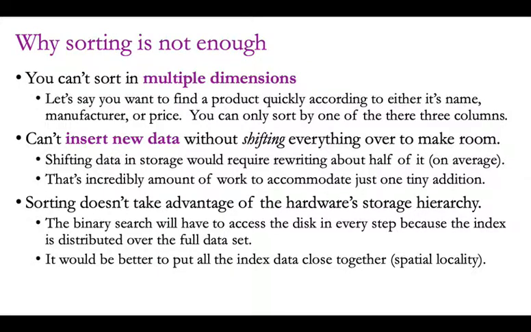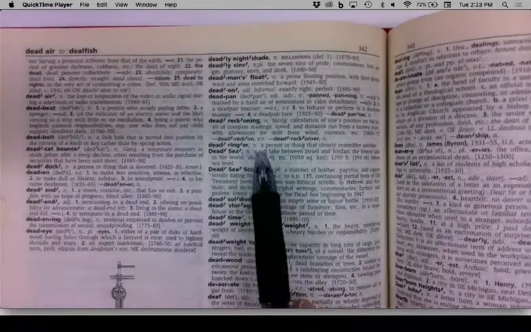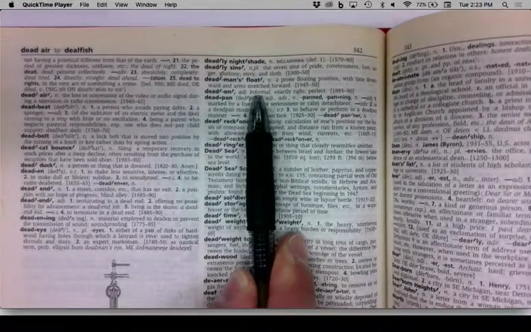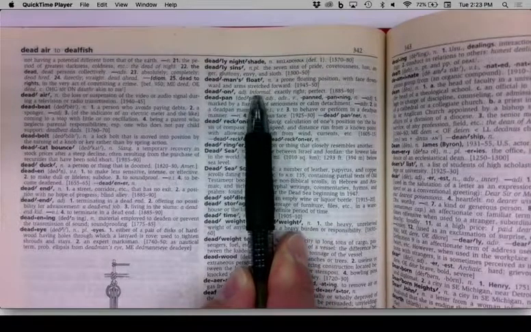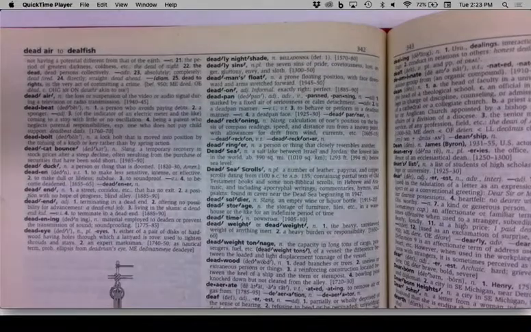So the first one is that you can't really sort in multiple dimensions. Like this dictionary is sorted according to the words. It's not sorted according to the part of speech, like verbs and nouns. If I wanted to find all the nouns in this dictionary, I would have to go through all of them. Or like there are other things in here, like see how this one here says informal? If I wanted to find all the informal words in this dictionary, I would have to scan through all the pages and check each one